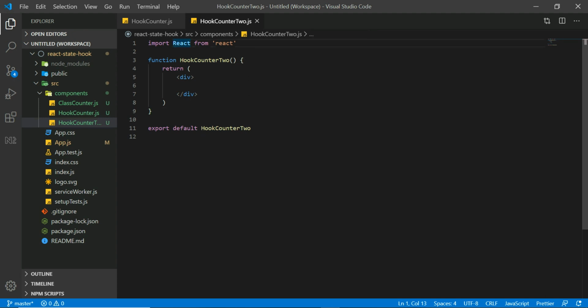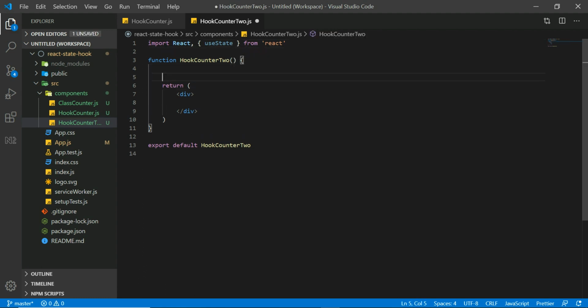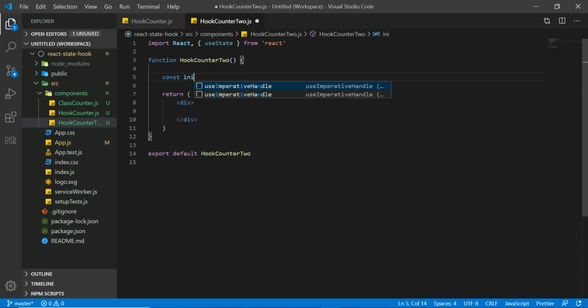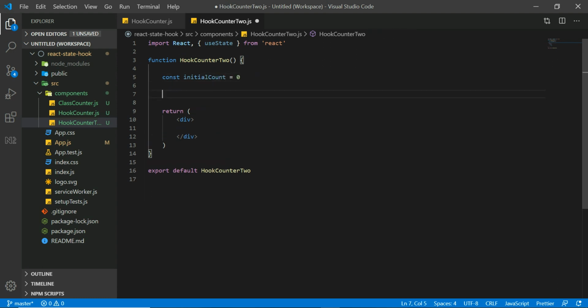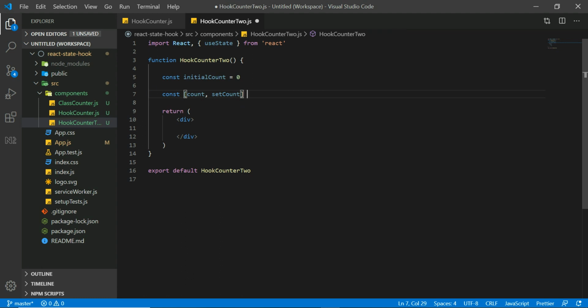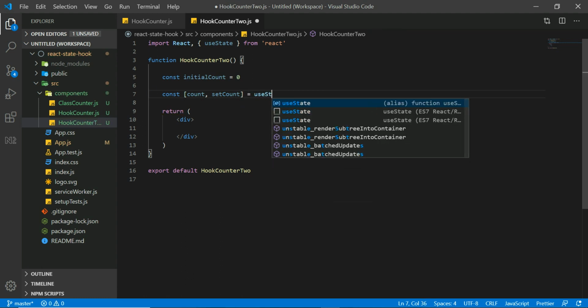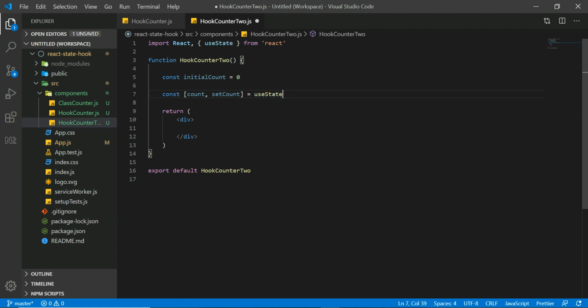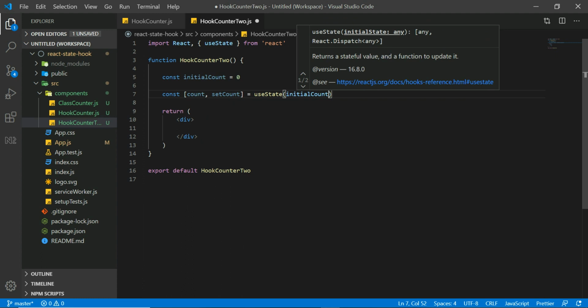So before we start, we need to include useState, set initial count initialized with 0, count state, and setCount setter method is equal to useState with a default value of initialCount.